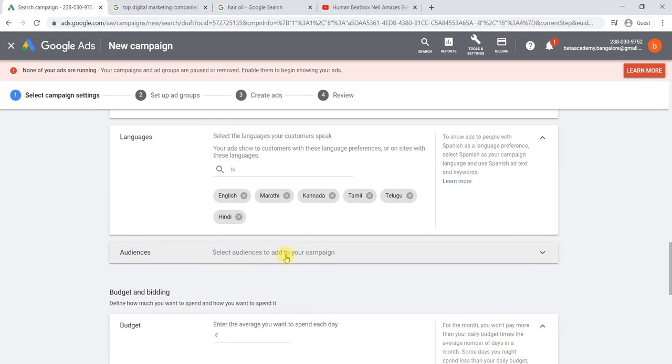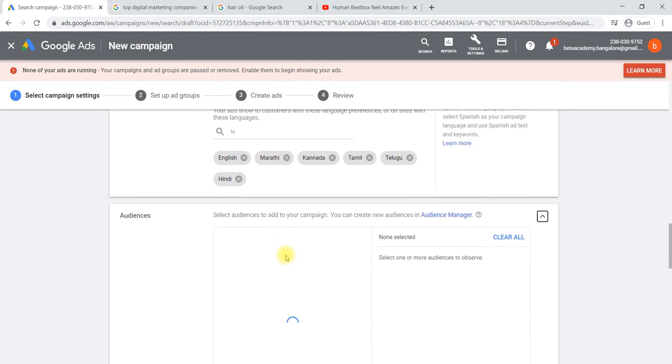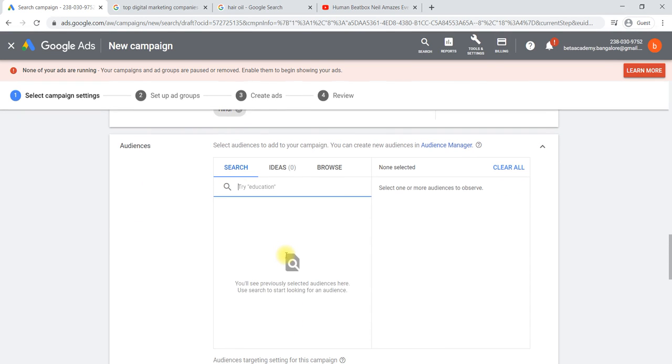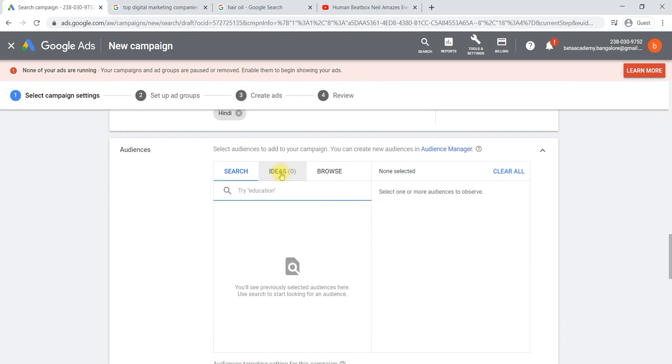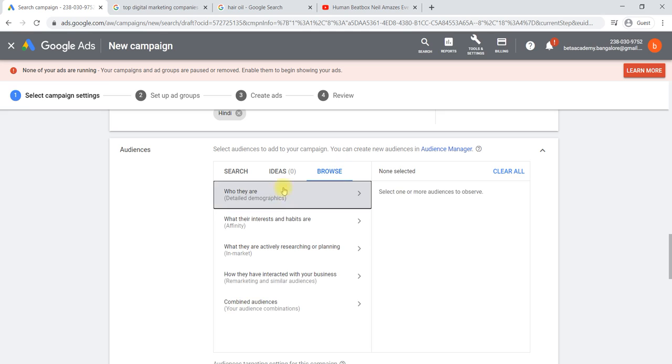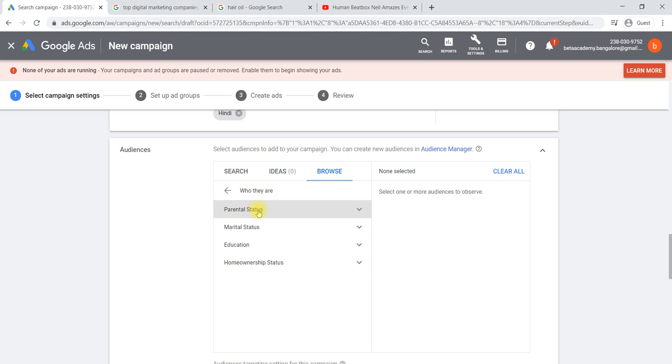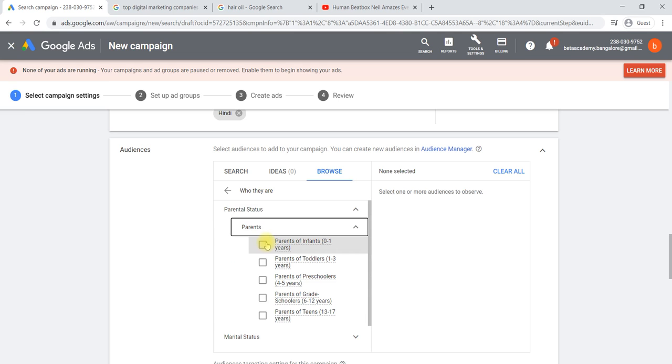Then you can select the audience. Audience also you can change. You can browse and change the audience based on demographics, like parents, parent infant, like this we can also change.